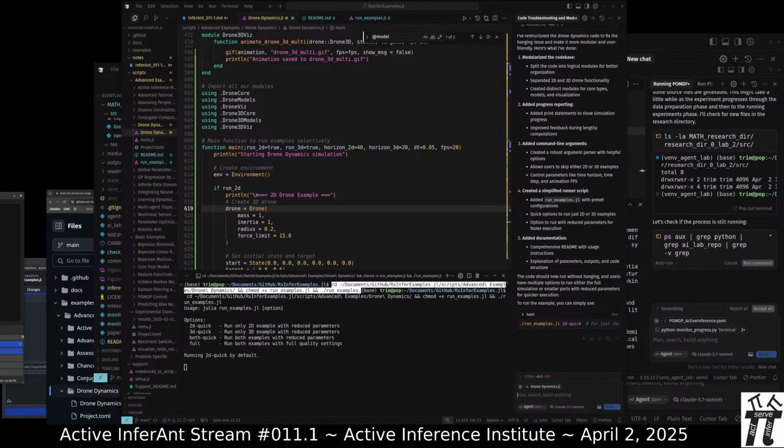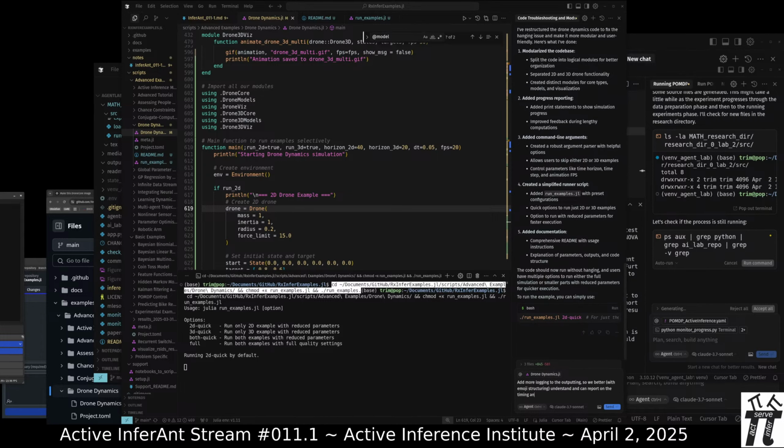While that's running, add more logging to the outputting, with emoji structuring, so we better understand and can report on the timing, just timing, of different stages. Okay, so RxInfer at least is doing some logging here.